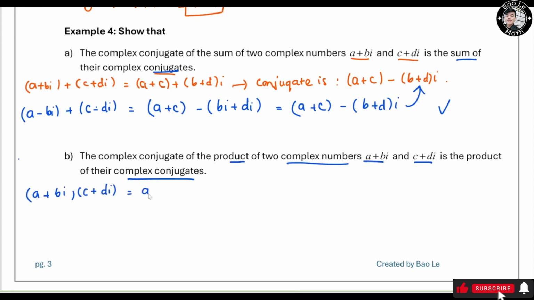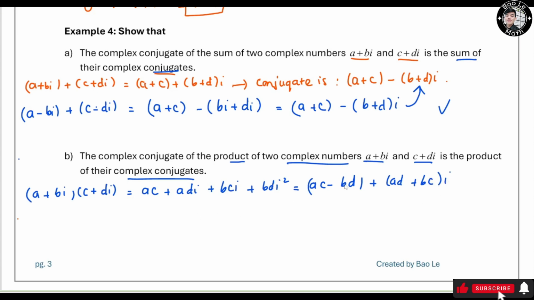It's going to be a times c plus a times di plus bci plus bdi squared, right? Now we're going to simplify this one. It's going to be ac minus bd, right? Because i squared equals negative 1, plus ad plus bci,